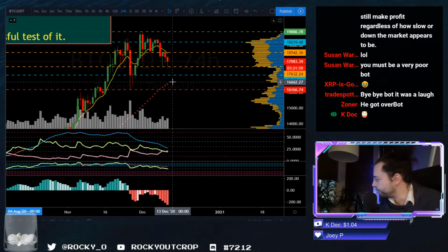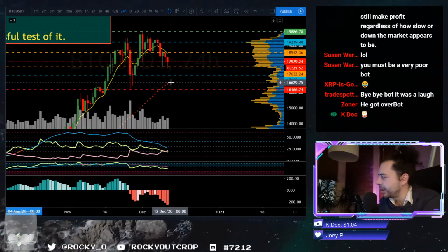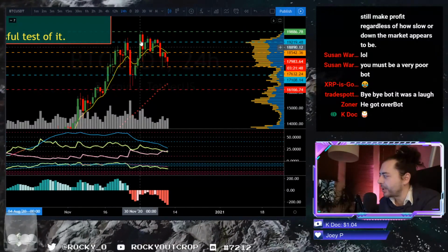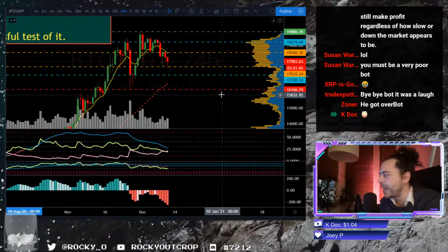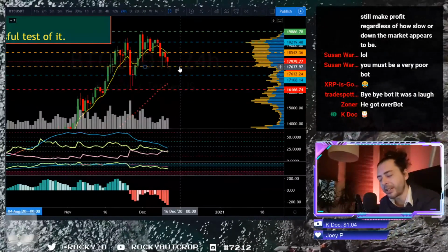Now that would also be coming in at around where you'd find a really solid retrace level in terms of the 786 or so, in around about this area, when you look at between this low and this high that we had over there on the 27th up to the 1st of December. So we would have that coming in there as well to offer up more confidence if we do see things going down. So our three key areas really to bear in mind are 17,630,